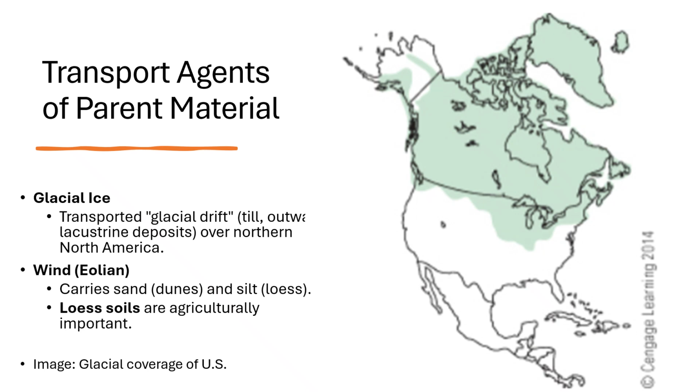But let's talk about how parent materials get transported. These are transport agents of parent material. First, let's look at glacial ice. Now, over the past 2 billion years, massive glaciers have covered much of northern North America. As they expanded, they crushed, ground, picked up, and transported vast amounts of clay, sand, and rocks, and deposited them